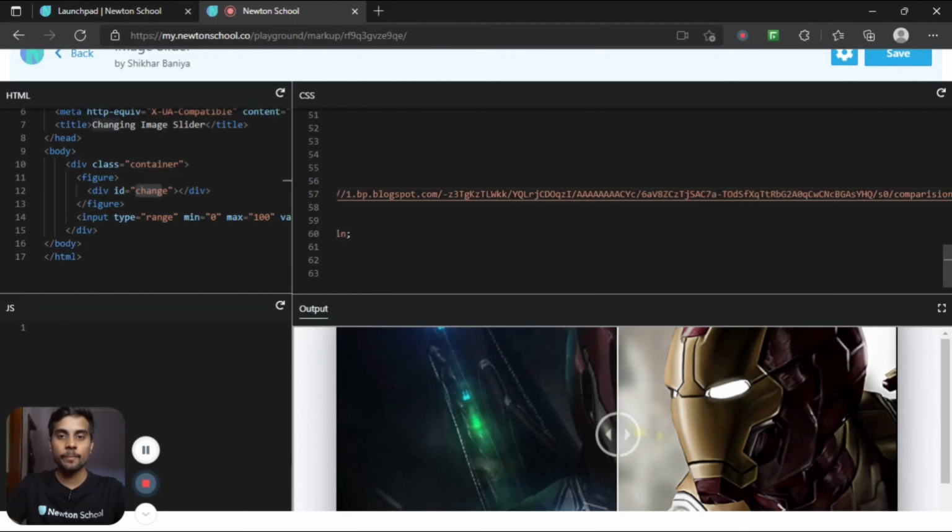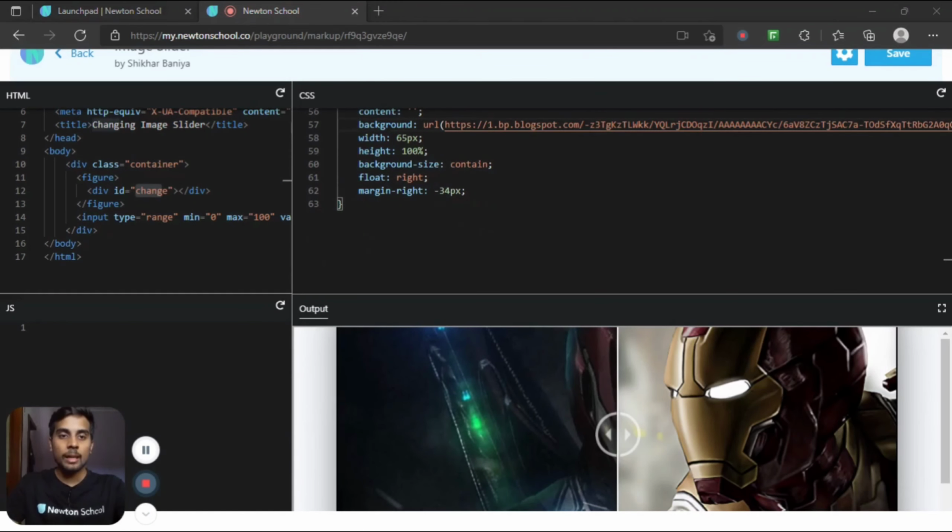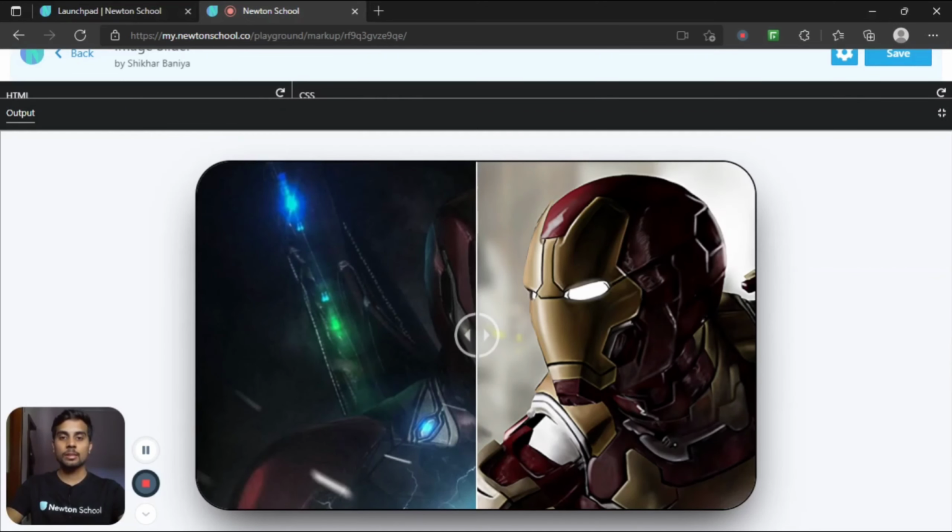That's good. Let's see if we are forgetting something. Let's make the top value 0, and I guess that's all. Also let's add the position as relative. Okay, so our structure is done.